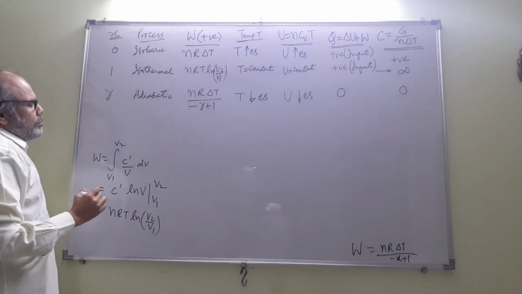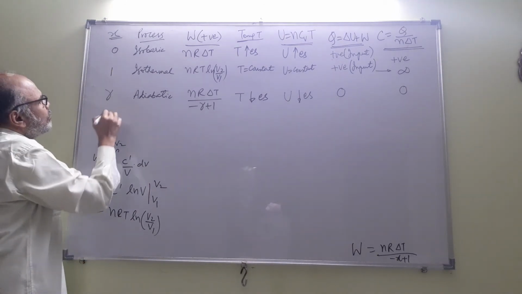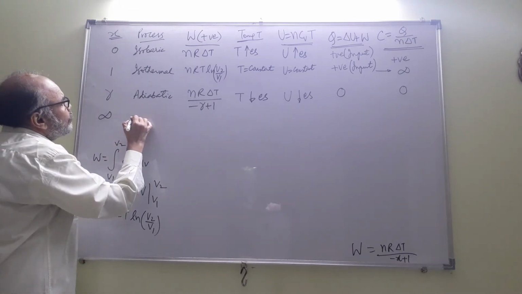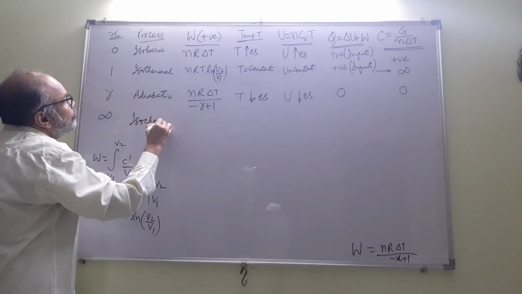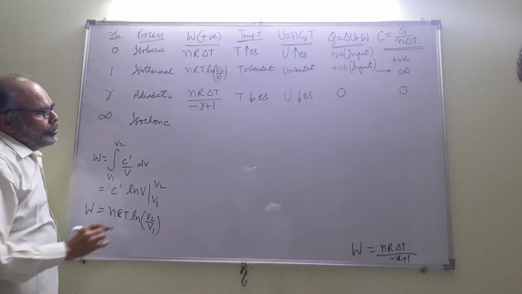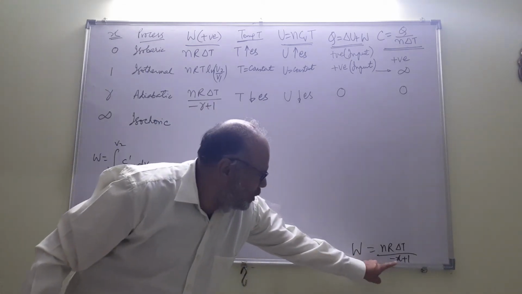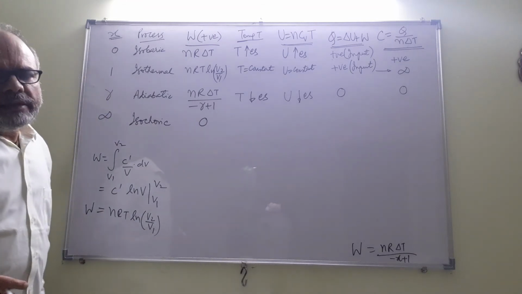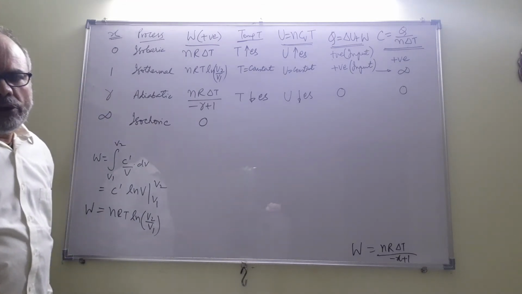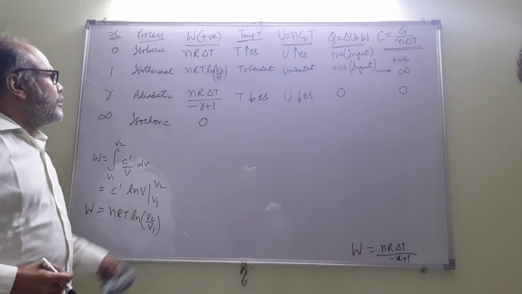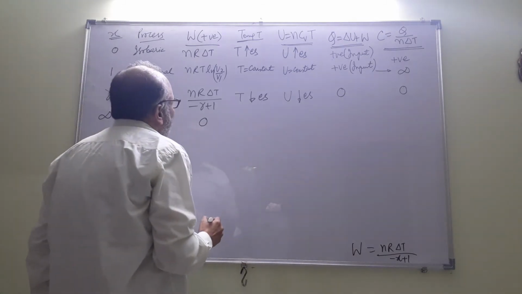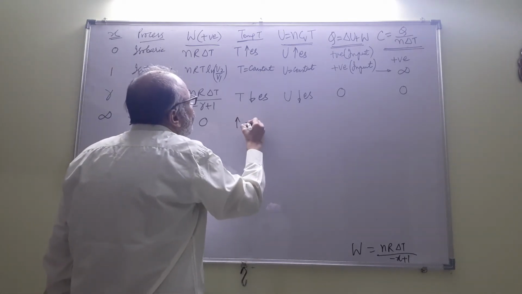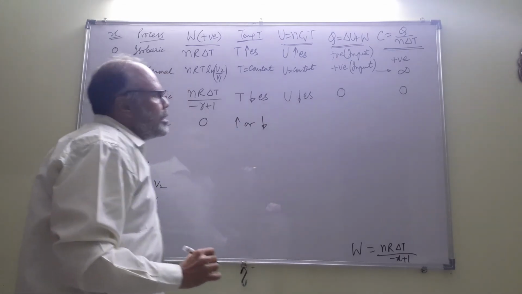Now for when X is infinity. When X is infinity, this is the case of an isochoric process. Volume is constant. So if you put X as infinity, work would be 0, as expected, because the gas is neither expanding nor contracting. Volume is constant. Therefore, the work is 0. Now the work is 0, the temperature may increase or decrease depending on